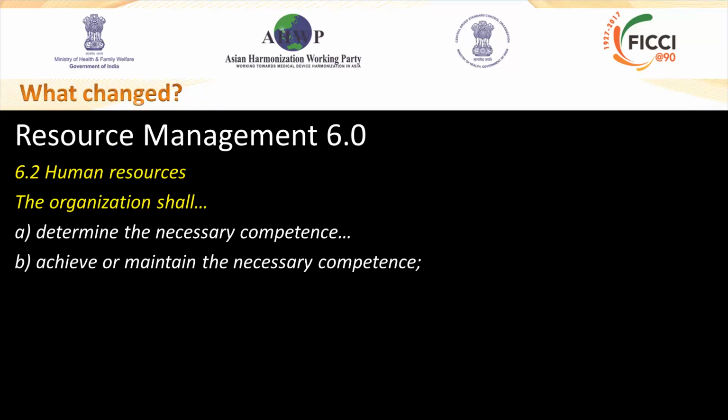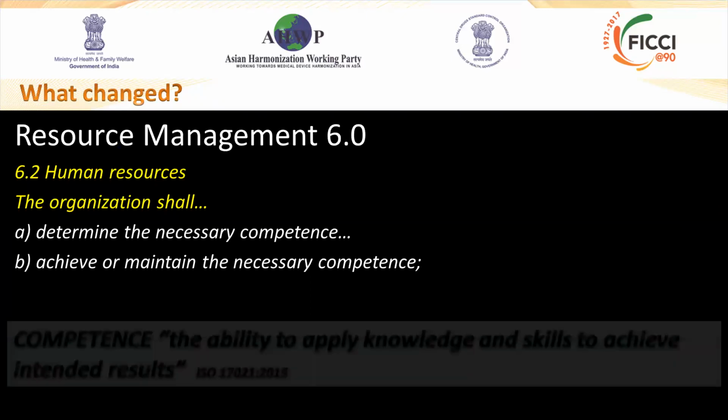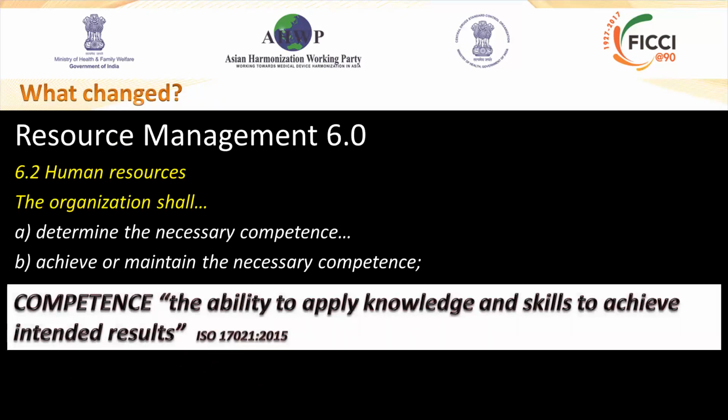Article 10. So resource management, human resources are one of the areas that we're looking at more closely, and there's much more focus on competence. So competence is the ability to apply knowledge and skills to achieve intended results. Before, when we were looking at human resources, there was at first more attention on making sure that training was effective, but the overall goal is much more apparent in the new standard, is that people actually just need to be competent to do the things that they're expected to.